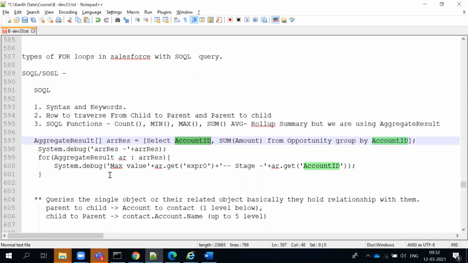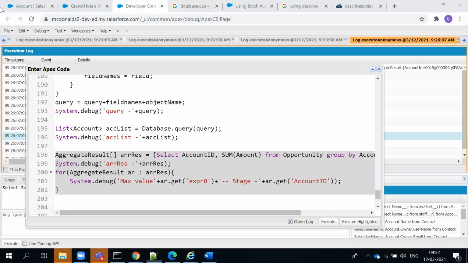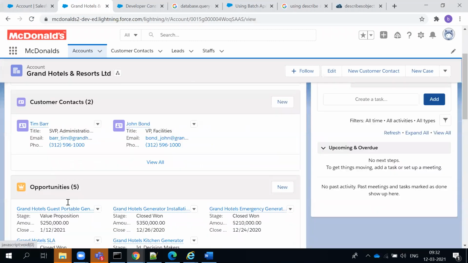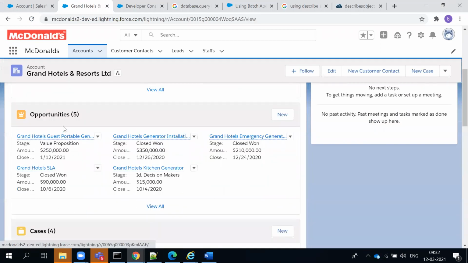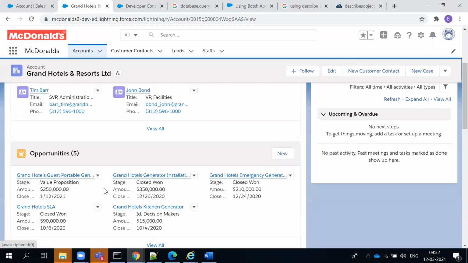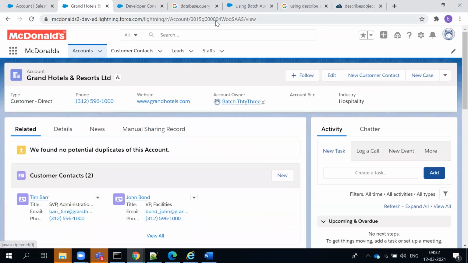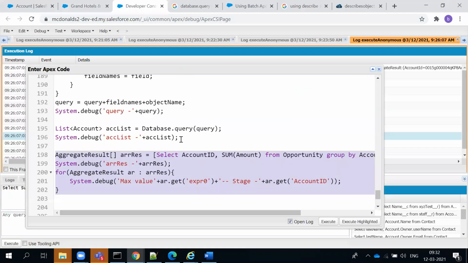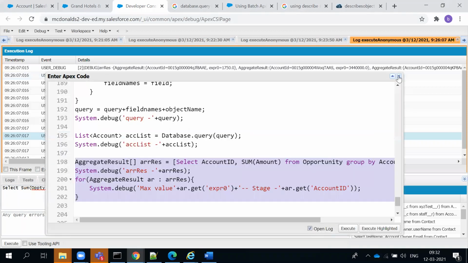For this particular record, over all the opportunity records we give a sum to you. Go take it. So that is what it was doing here. For this particular account, this is the opportunity value. If I just go to the related list, I could see these many opportunities, all calculated, and it got me a sum of value for this particular ID. So this is the value. Same in our program also we got it. Okay, so I think we're good with the loops